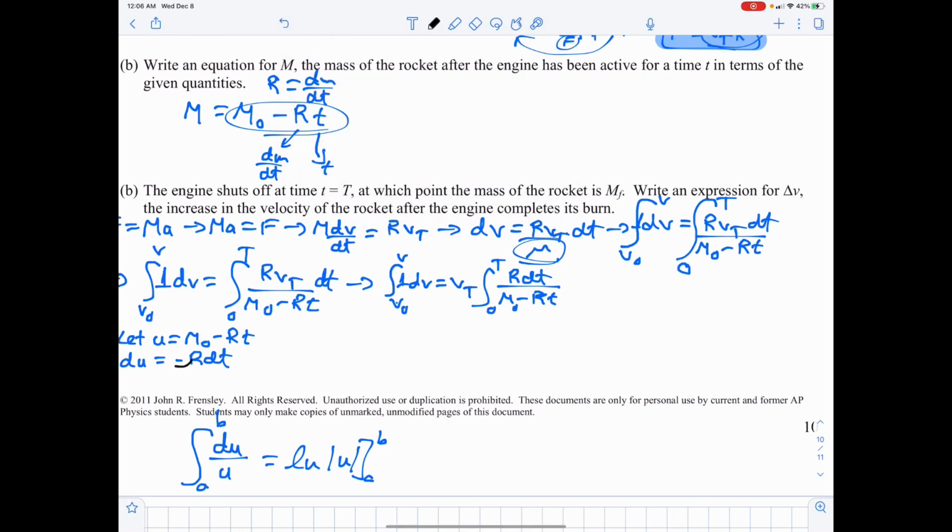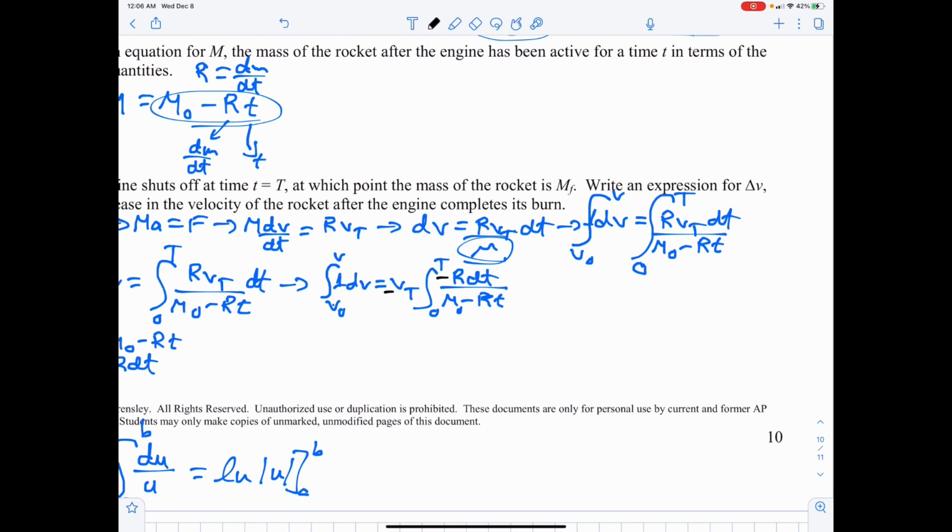But I need to do this. See, my du has to have a negative there. So I can put a negative up there, but the trick is whatever I put on the inside, I have to multiply the outside of the integral by the same amount, because this times itself is equal to 1, and I'm not really changing the value of the integral. It's a little trick you do to rewrite the integral. So now what I get is this is du. What I'm really looking at is the integral of du over u, which is the natural log of the absolute value of u. Okay, so this becomes